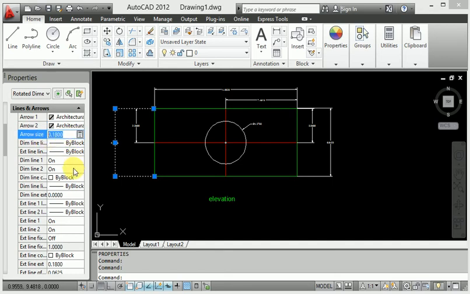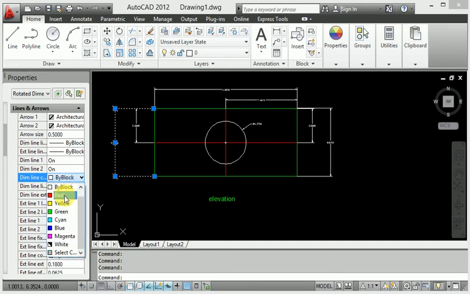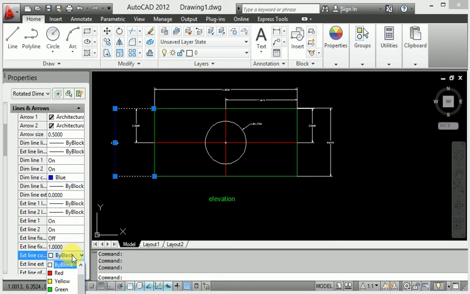Then I will provide the arrow size. When you go to 0.05, it provides the arrow. Then in the down direction I come here. Now I will provide the dimension color, a suitable color for the dimension. Then again, for the extension line color, I will provide the extension line color.